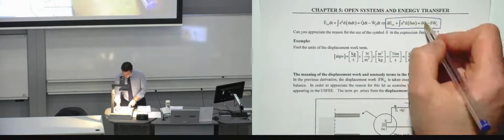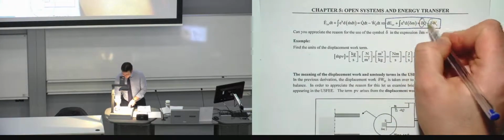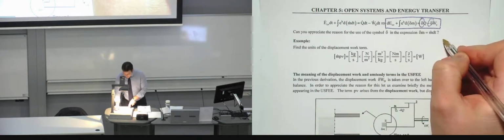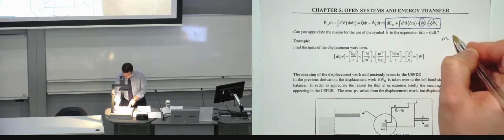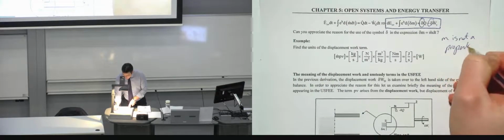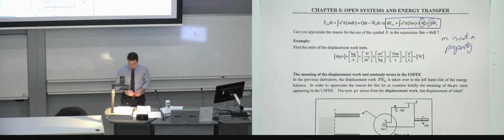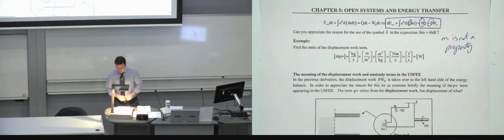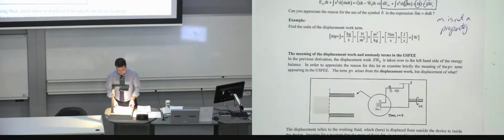And in case you're wondering why again we've gone back to delta, it's for the same reason we mentioned earlier, that mass is not a property. And therefore, similar to Q and W, because mass is not a property, we have to use the symbol delta when referring to this